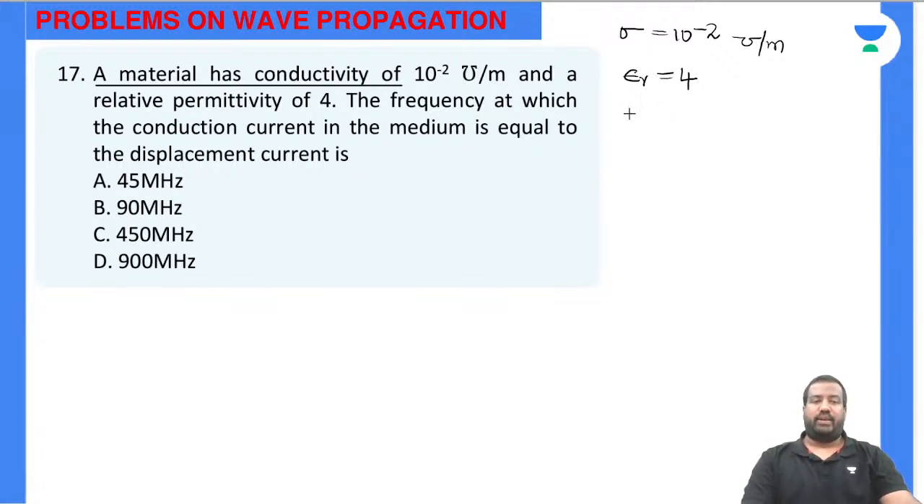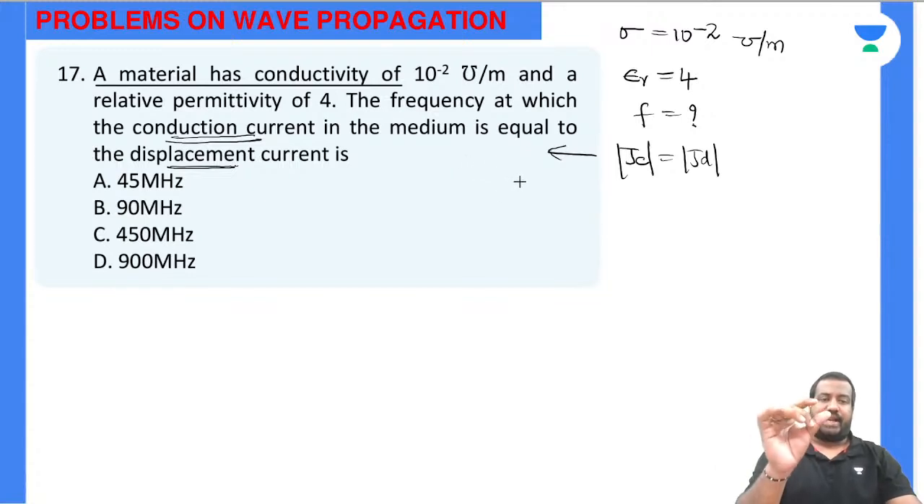The frequency at which conduction current in the medium is equal to displacement current. Find frequency. Given condition is conduction current is equal to displacement current. Again, this is a concept. According to the concept, in any given medium, when conduction current density is equal to displacement current density,